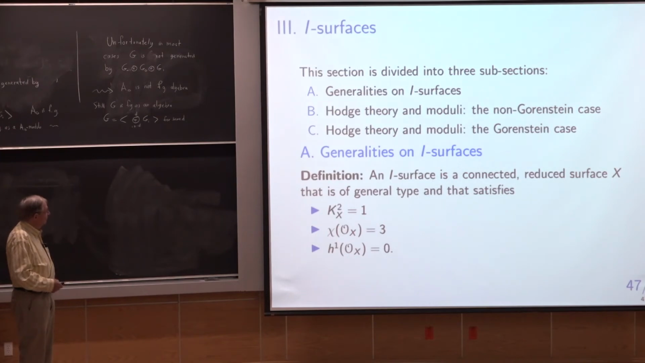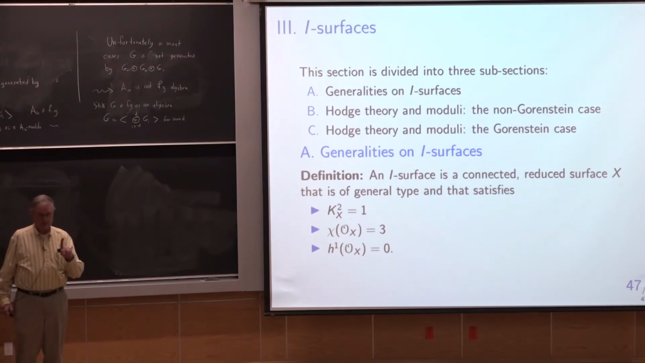So I want to talk a little bit, for the last few minutes, about this particular surface. An I surface is a connected, reduced surface of general type that satisfies these conditions. K squared is always positive, so that's the smallest it can be. Chi of O being 3 means it's regular, so H2 of O,